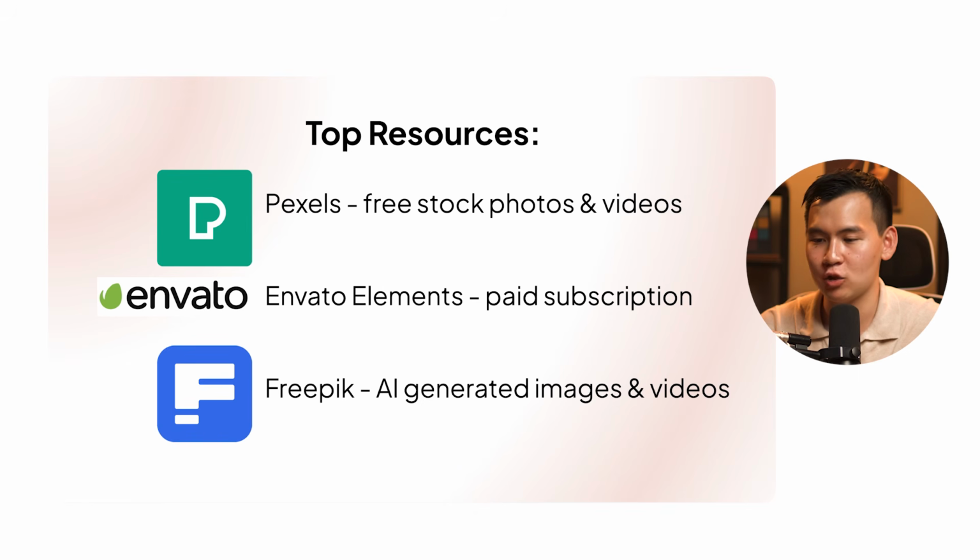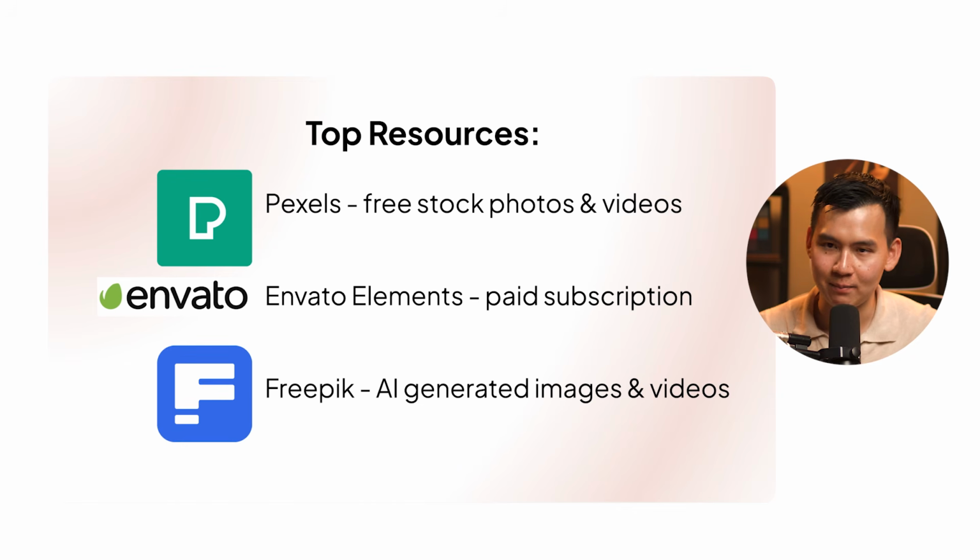Envato Elements is a paid subscription, right? You'll be able to get a lot of different stock footage from there too, or you can use Freepik, right? The thing about Freepik is that it has Nano Banana, it has all of these different video generation tools all inside one, right? And you'll be able to create AI generated images and videos. You've seen us use it for thumbnails. You can use it the exact same for graphics, for video, for B-roll, and if you prompt it the right way, you'll be able to generate those graphics pretty easily.